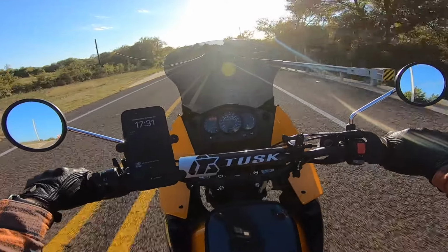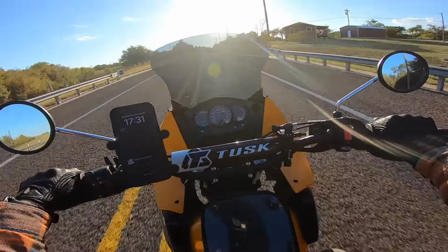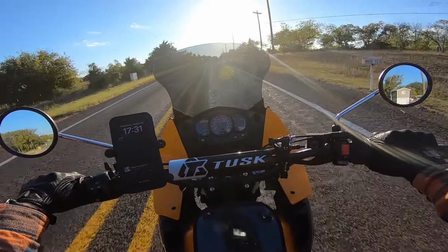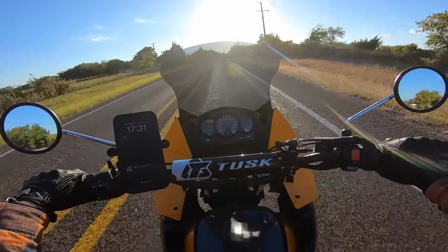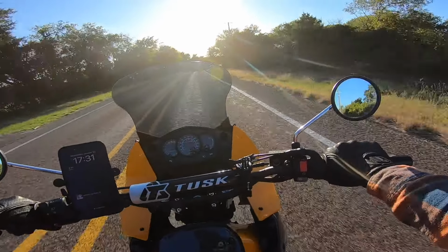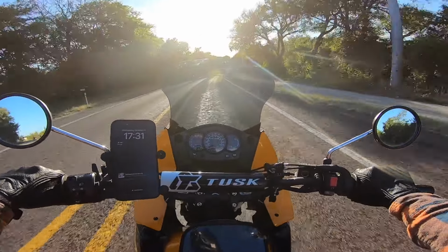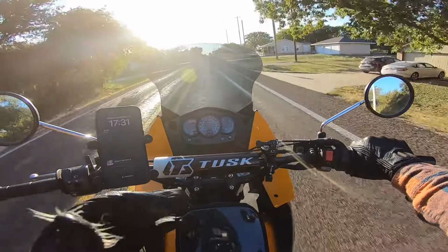The suspension on this bike is pretty soft. It's supposed to be, but it's sprung well enough with the manual adjustment that you can add some preload in there for gear and a passenger. At my weight, I run it kind of in the middle. I like my bike to be kind of stiff,